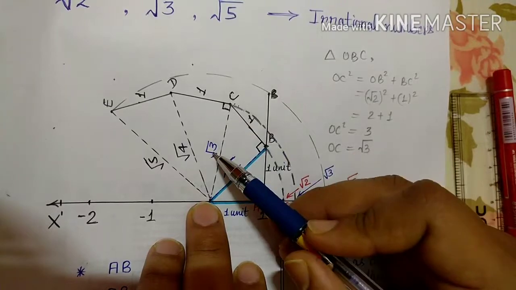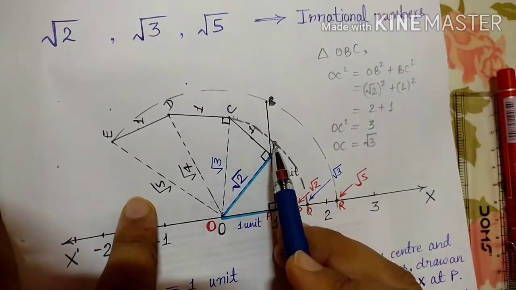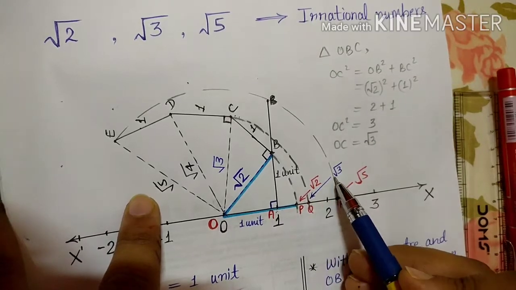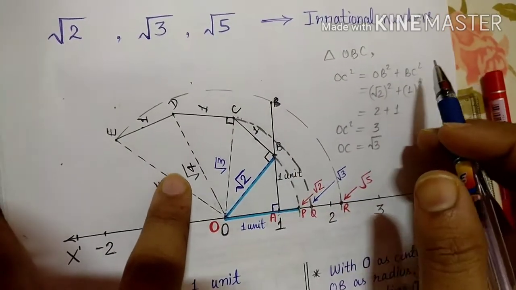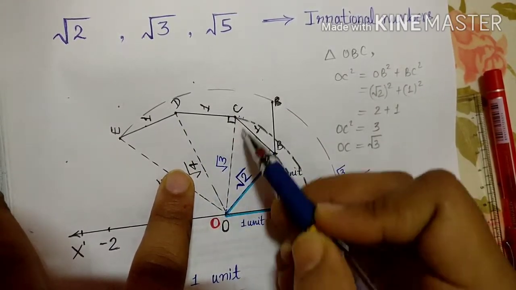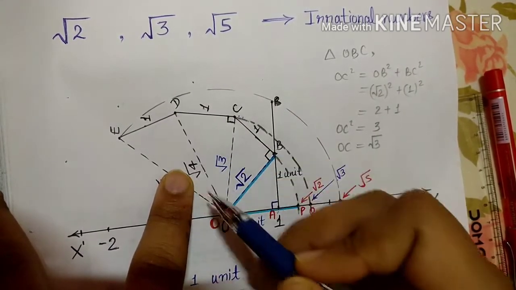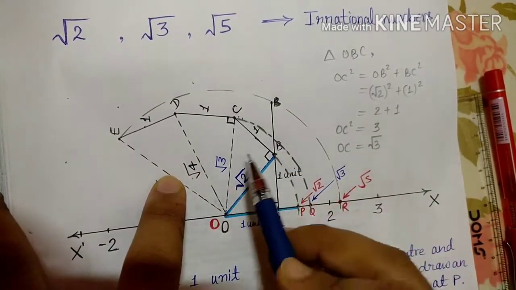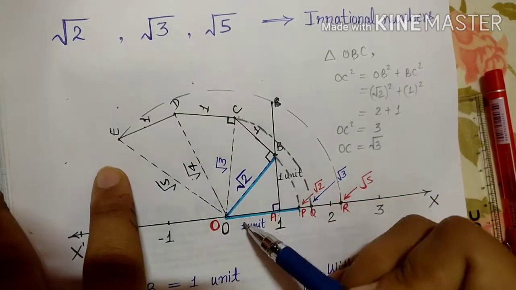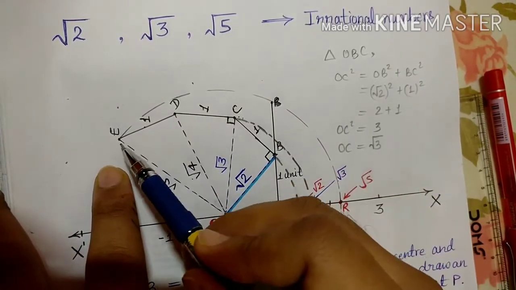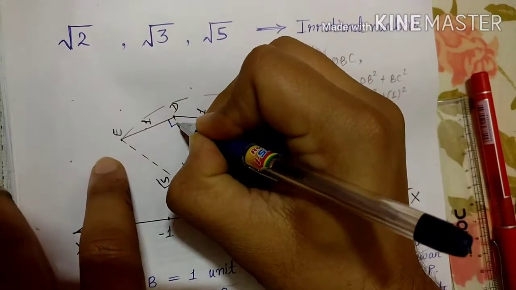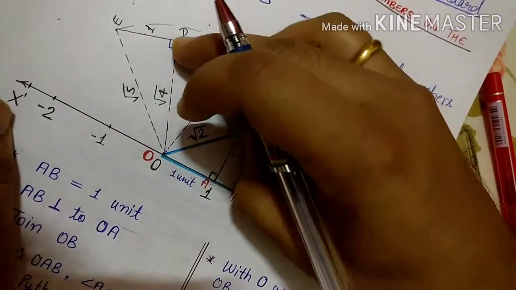We have drawn one arc, okay, which cuts this line at point Q, which shows root 3. Then we have again drawn a perpendicular from point C, that is DC on OC. Then we have joined O to D, so OD becomes root 4 by applying the same process. Then we have drawn one perpendicular on OD as ED, and then we have joined E to O, and we get our right angle triangle ODE.